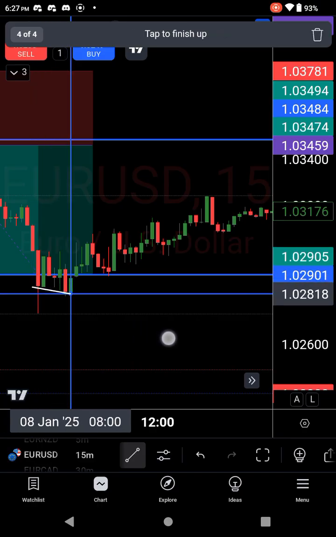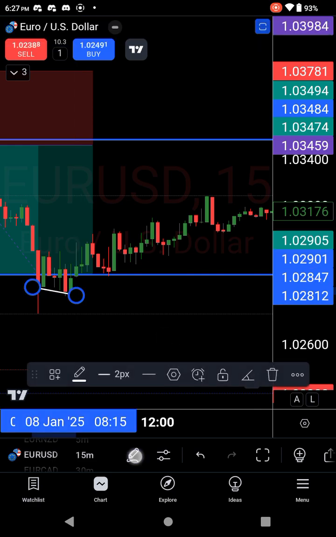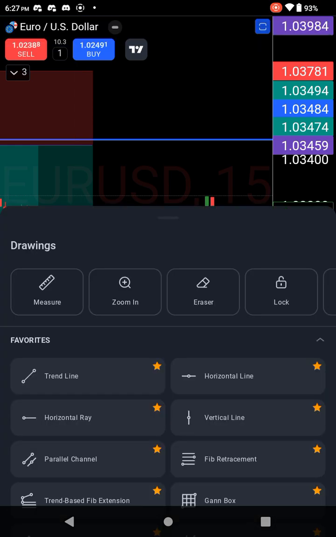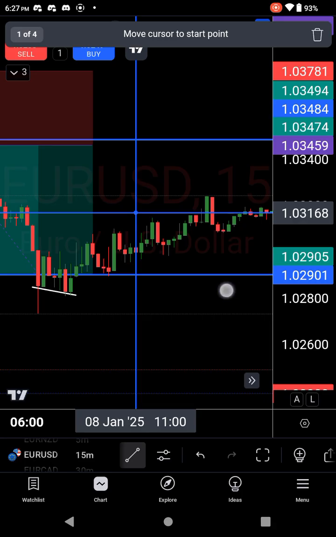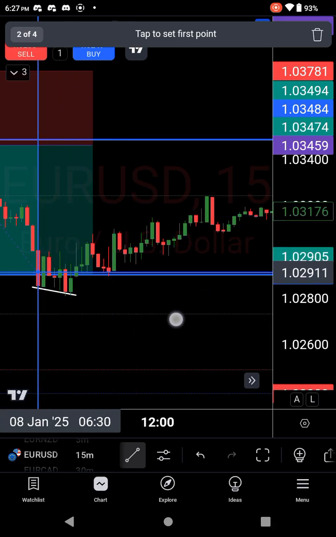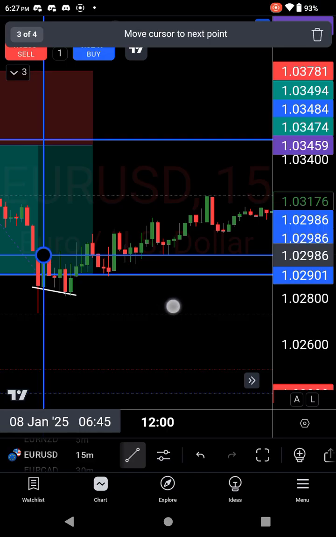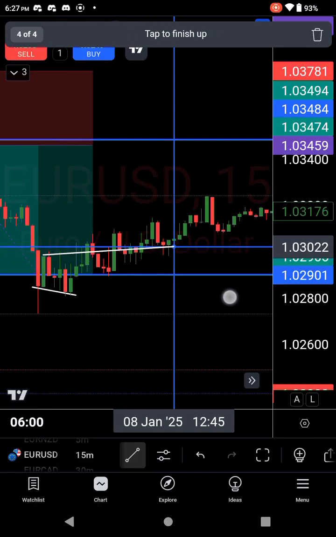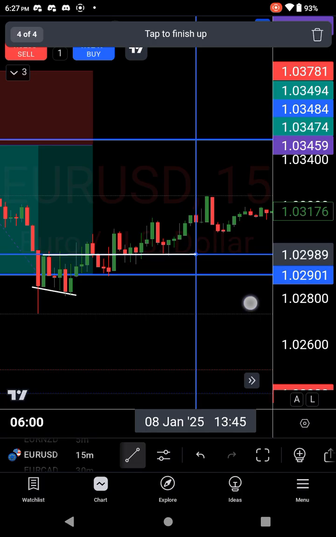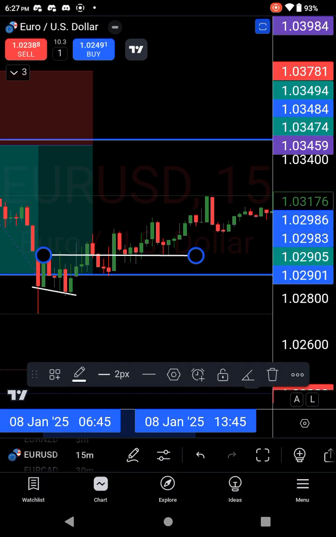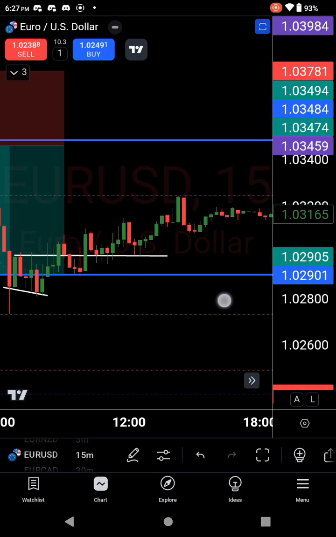I identified one right there. And the break of the neckline of that double bottom gives indication of price wanting to buy right there. And as I can see, every time that price breaks above that neckline, it keeps retesting and pushing off. So that would have given us a nice 1-to-1 trade in the